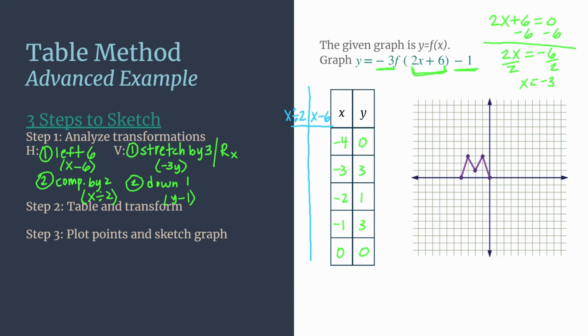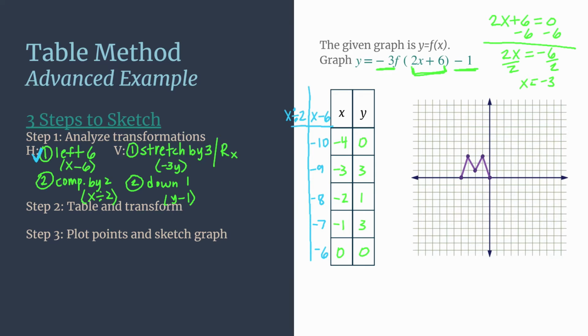Okay, so first we're subtracting 6 from all those x's. So for example, negative 4 minus 6, so negative 10. All right, negative 9, negative 8, negative 7, and negative 6. Okay, so we've done the first horizontal transformation, and now we work from that new column that we've created,